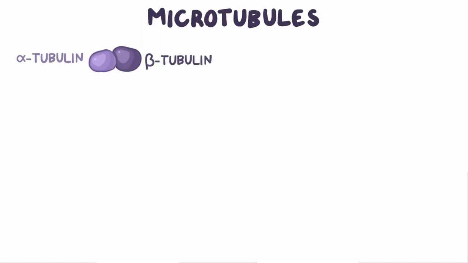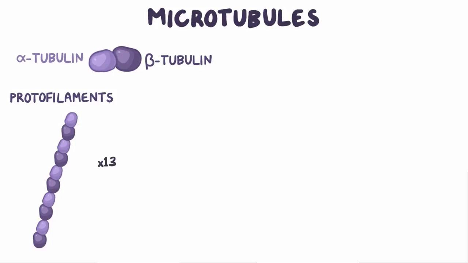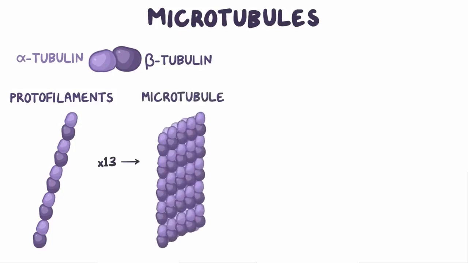Next are the microtubules, which are the thickest and largest of the protein structures in the cytoskeleton. Microtubules are made of alternating round proteins called alpha and beta tubulins, which form long strands called protofilaments. 13 of these protofilaments come together to form a single microtubule. Microtubules stretch to and from every corner of the cell, which allows them to be used like railroads for intracellular